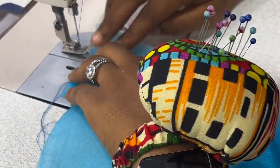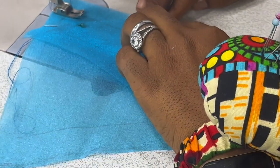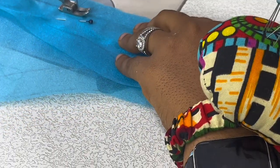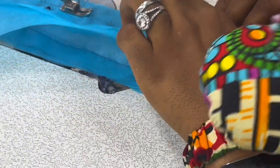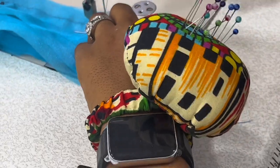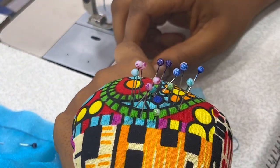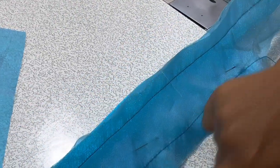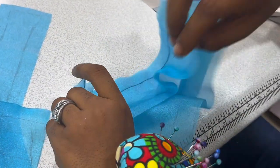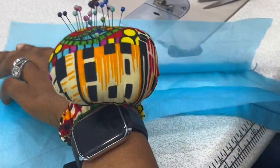So I'm going to sew same way I did earlier. Make sure that they are on point and then sew. That is still the same thing I repeated here, the same mark I sew on the mark. Once you use pins to secure, you always sew on the mark. Okay, so this is another one. Then now I'm going to add